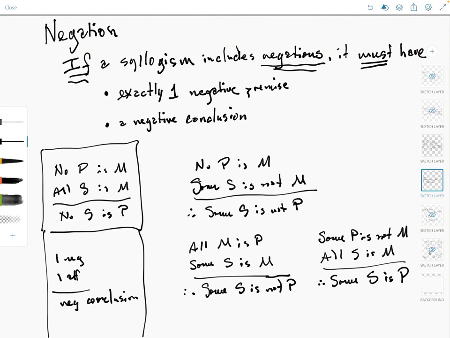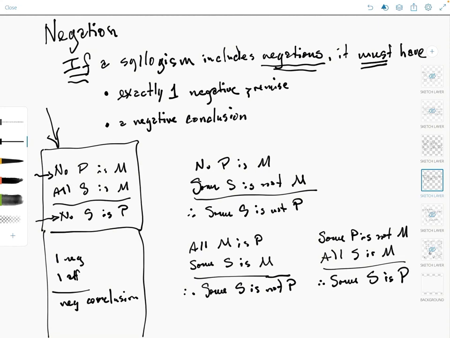All right, now let's look at some examples of this. Start right here. This is a great example of a syllogism that follows the rule. So have a look at it. No P is M, all S is M, no S is P. So ask yourself, does this syllogism have negatives? Yes, it has negatives. Since it has negatives, it has to follow the pattern. Does it have exactly one negative premise? Yes. The major premise is negative. The minor premise is affirmative. Does it have a negative conclusion? Yes. The negative conclusion, no S is P,